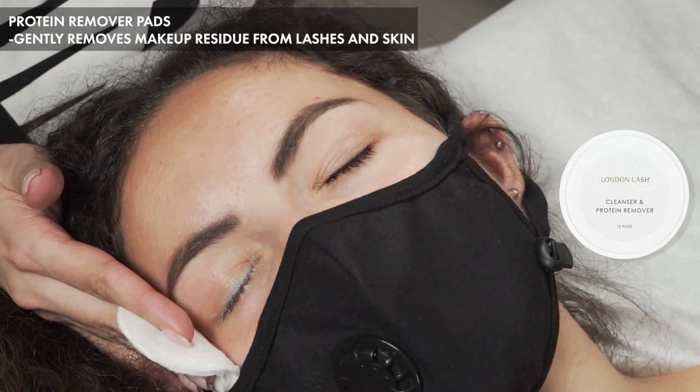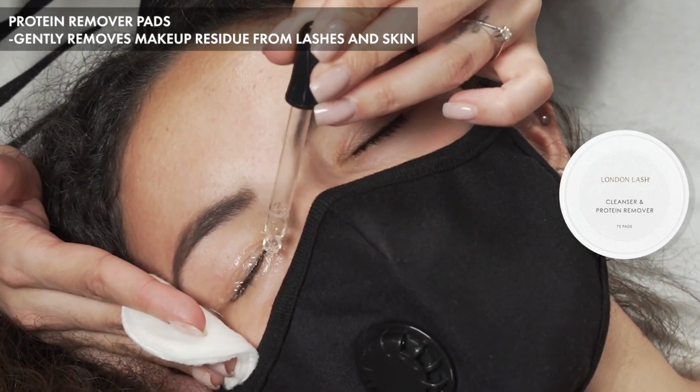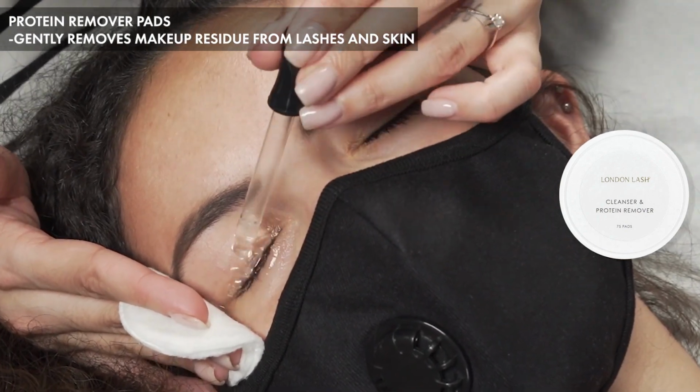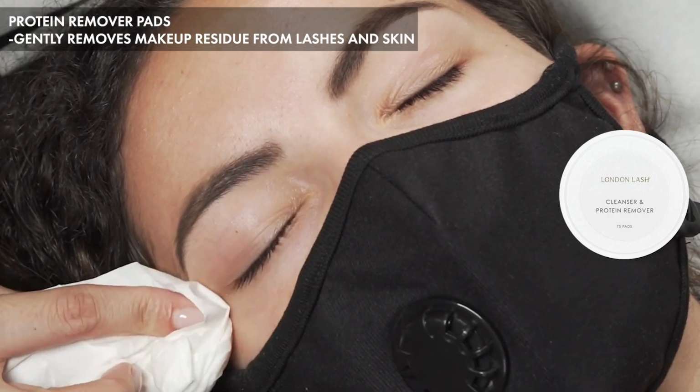Pat the lashes dry with a cotton pad just to remove the majority of the foam before rinsing with saline solution or some lukewarm water. The easiest way to apply this is just with a little dropper so that you only get a small amount